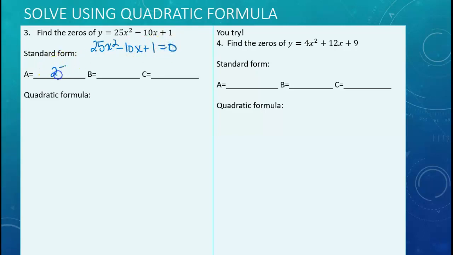A becomes 25, B becomes negative 10, and C becomes 1. If I want to use my quadratic formula to solve, then I'm substituting into negative b plus or minus the square root of b squared plus negative 4 times a times c all over 2 times a. Remember, we've got a negative on the b and a negative on the b here. A negative times another negative becomes a positive,